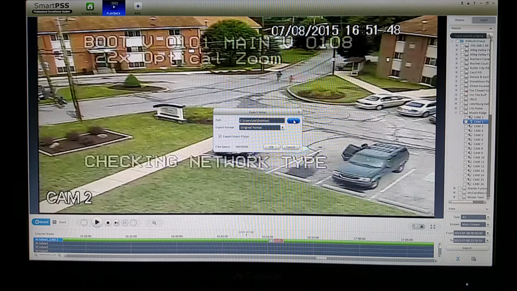All right, so we are going to browse to the location that we want, whether that be our USB thumb drive or our computer, and you're going to export in the original format, and you're going to leave this checked here, Export Smart Player. That means if you dump this onto a thumb drive, it's going to have the player software on that thumb drive that you can give to the police or whoever you need. So, start time, end time, clip, browse to your location, export format, original format, have checked on Export Smart Player,